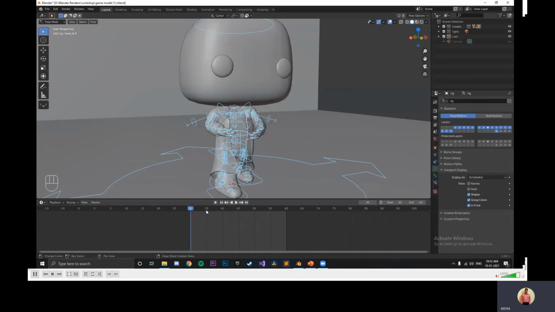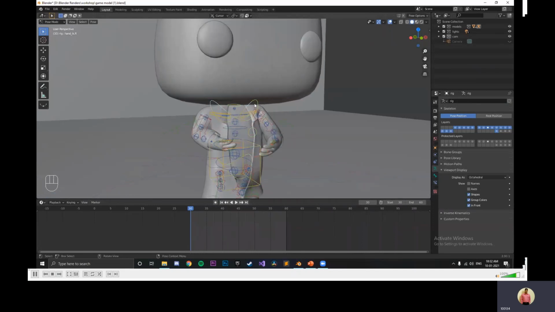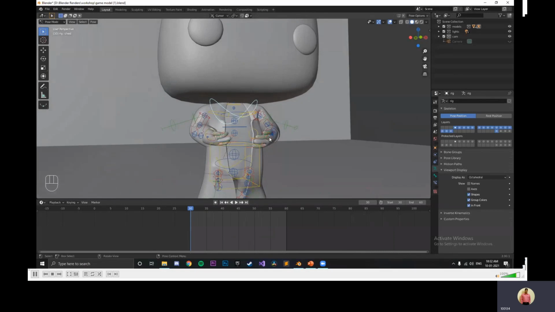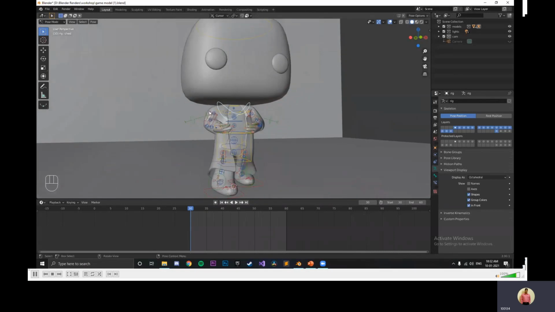So now I'll put this till frame 30, because that is what I set right now. And we will animate a small 30 frames animation, which will loop, so that if we bring this into a game, say in Unity or Unreal, it will animate that way only. First of all, this is not a position at which we should start animating. There is a term called T-pose, which is the default pose of every character you see.